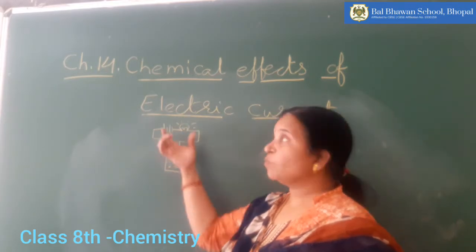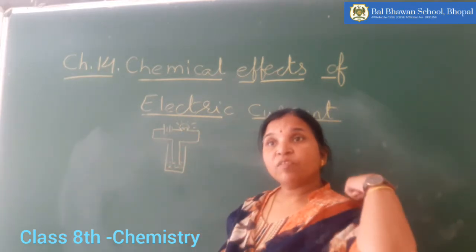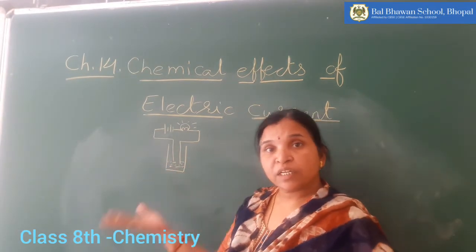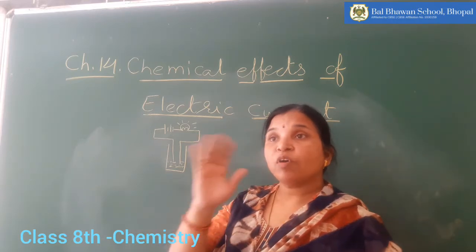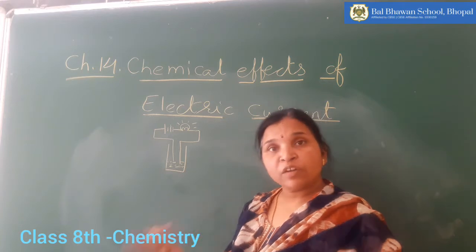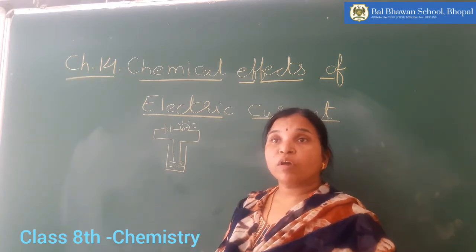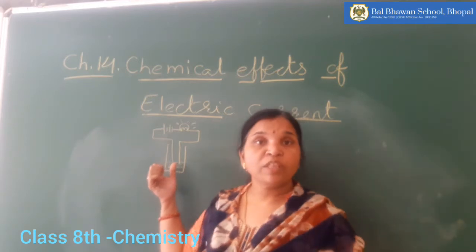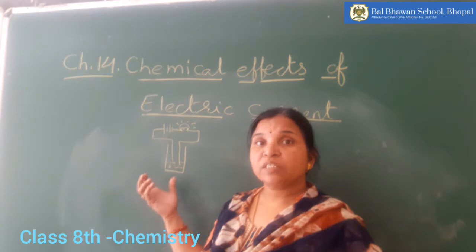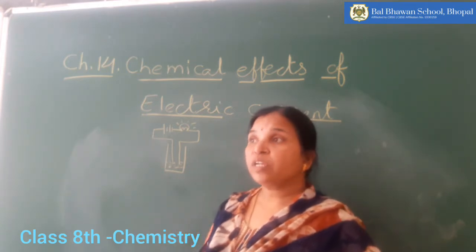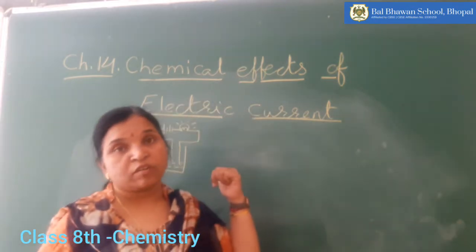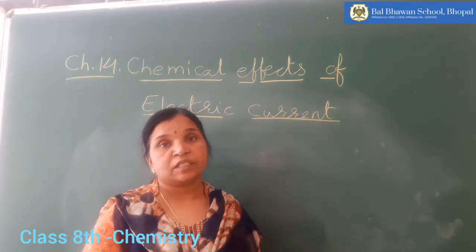Under this heading of chemical effect of electric current, we will try to understand why certain liquids are able to conduct electricity and why some liquids do not conduct electricity, or current is not passing through them, or what are the products formed when the current is passing through the liquid. All these things we will be discussing in this chapter. Not only this, where we use this effect of electric current, that also we will be discussing in this